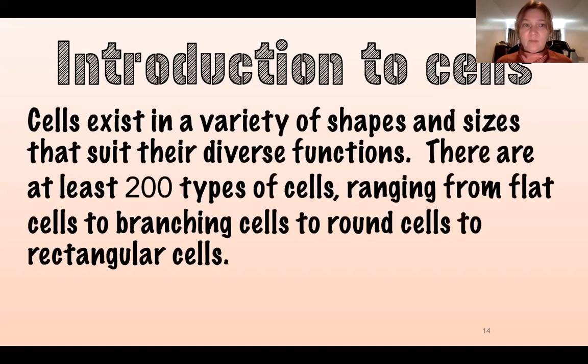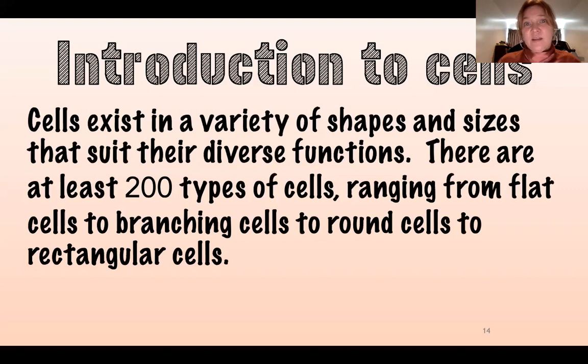This is Chapter 4, Section 2, Introduction to Cells. Cells exist in a variety of shapes and sizes that suit their diverse functions. There are at least 200 types of cells, ranging from flat cells to branching cells to round cells to rectangular